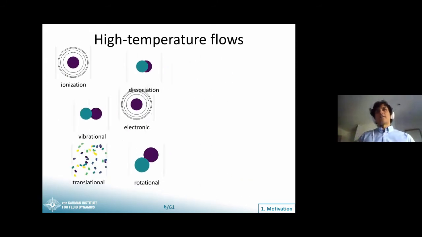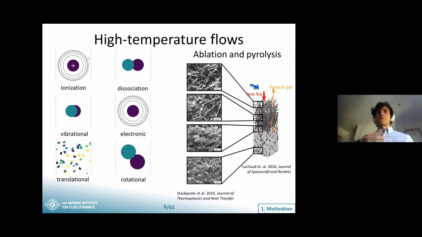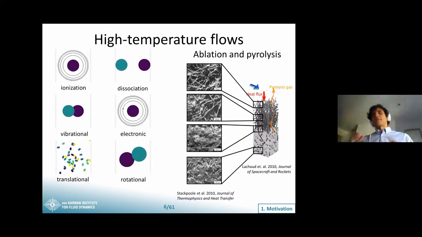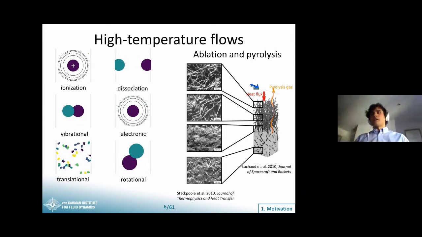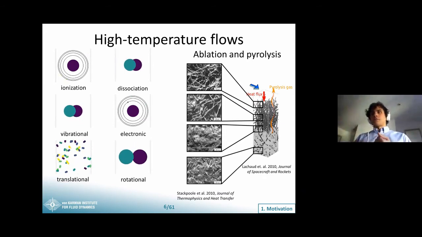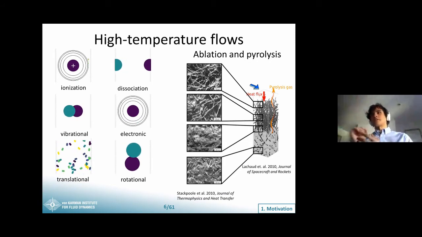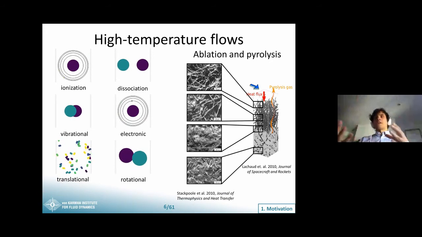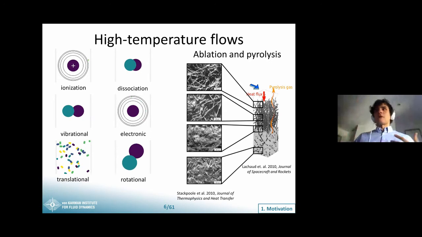On top of that, very often in atmospheric return missions, we design our thermal protection system such that it pyrolyzes and ablates in order to alleviate the high heat fluxes that it's withstanding. So in that case, we have, as we said, a recession of the thermal protection system. Basically, we let the thermal protection burn in order to alleviate the heat fluxes that we would be receiving. And this is what we call ablation and pyrolysis.